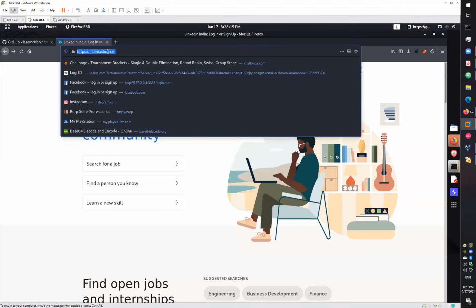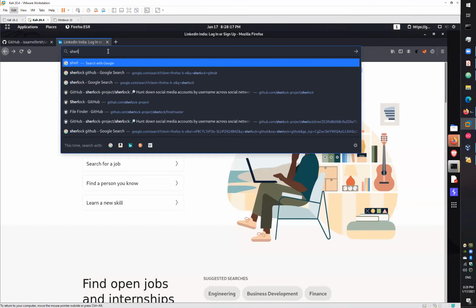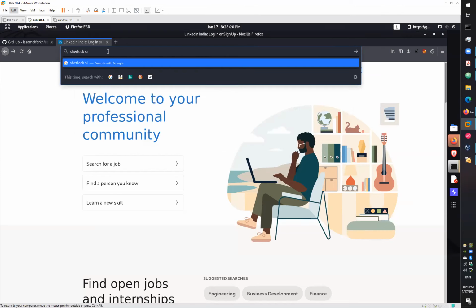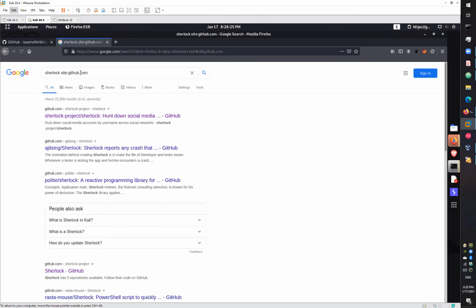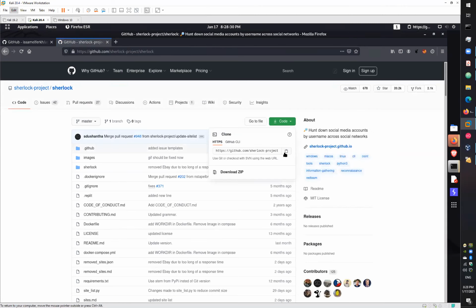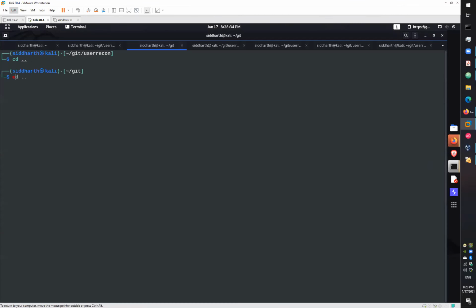Just search Google for Sherlock, restricting your search to github.com. Go with the first link and just clone this tool with the command git clone and the URL you have copied.